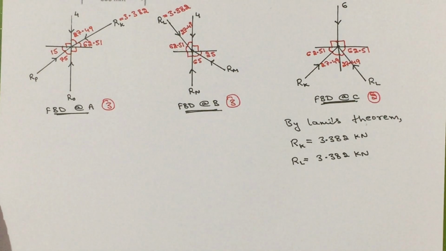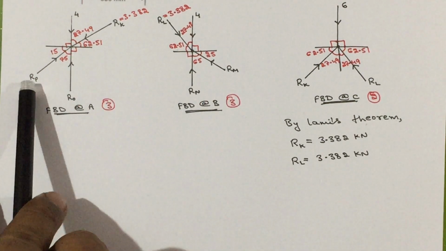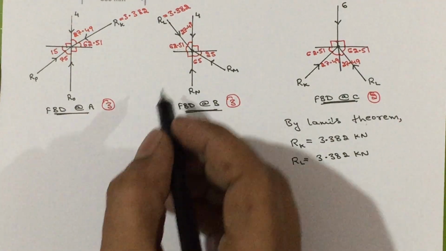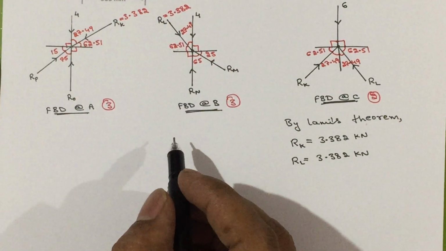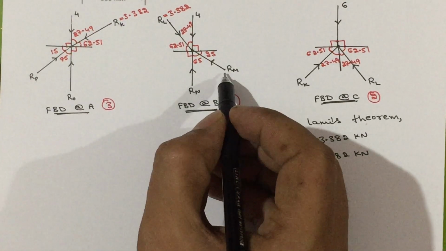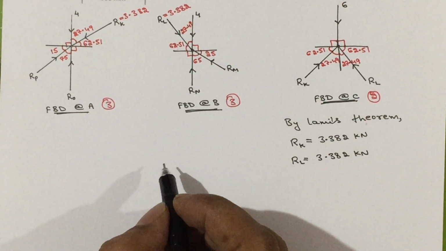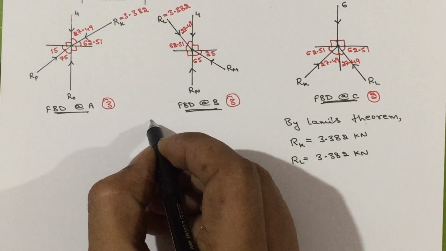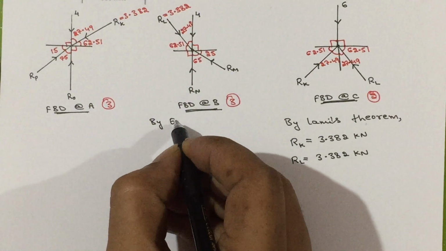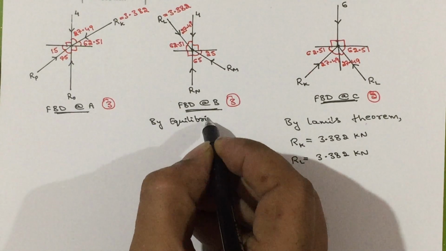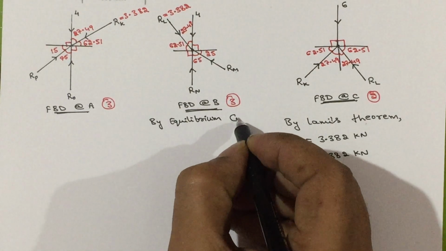Then here we have 2 unknowns, here we have 2 unknowns now. So you can solve either free body diagram first. Let us solve this free body diagram. Now we need to choose the method. For that, count the number of forces: 1, 2, 3, 4. 4 forces. So we will go for equilibrium conditions. By using equilibrium conditions,